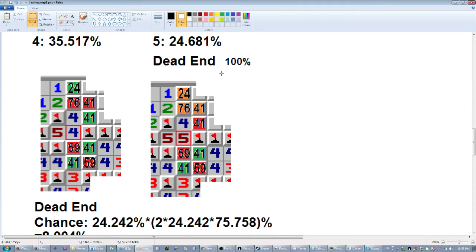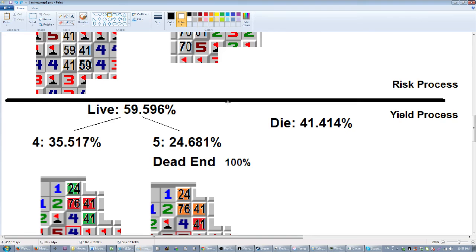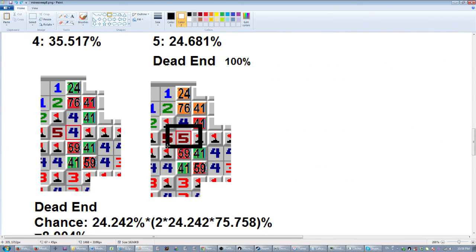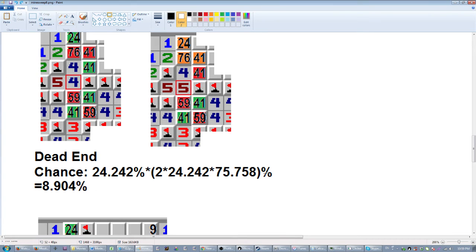So 100% chance of there being a dead end. From here you have to guess again, and I would assume this could be okay, but you might want to just forget this and go to the other one, and just make another guess. So this is kind of bad, right? Everything here is bad. But if you get a green here, then it's pretty good actually. Your dead end chance, as I calculated here, is